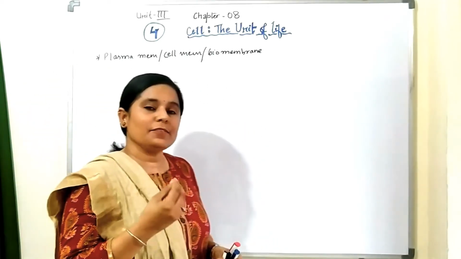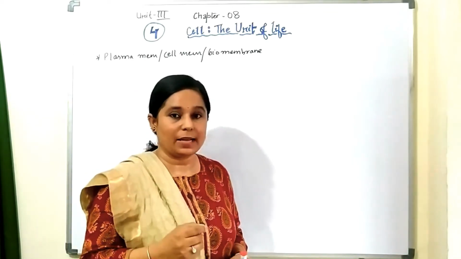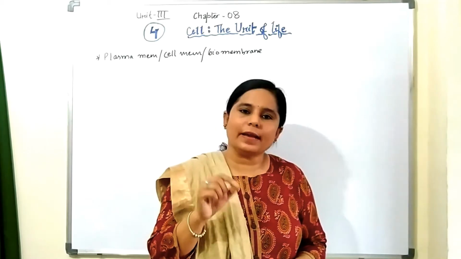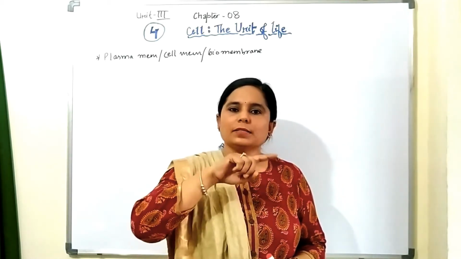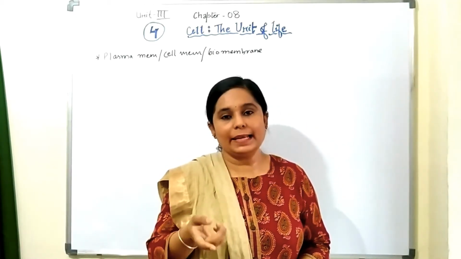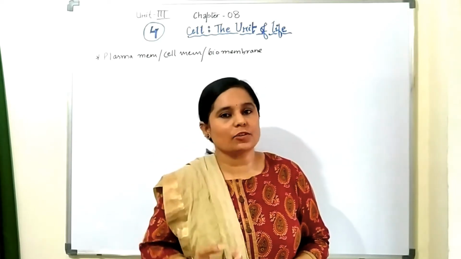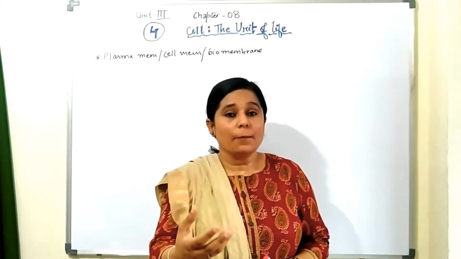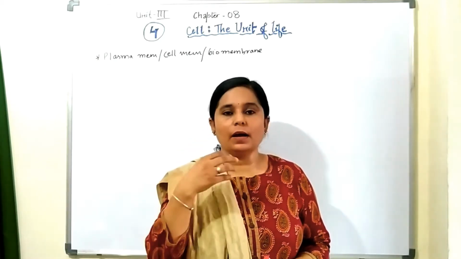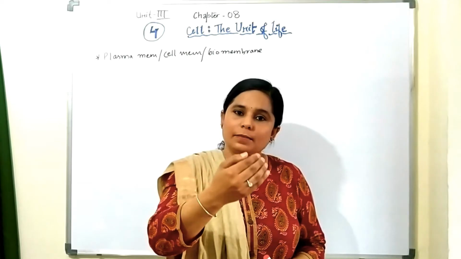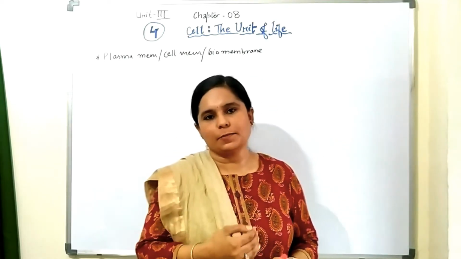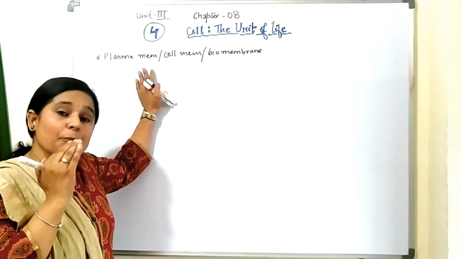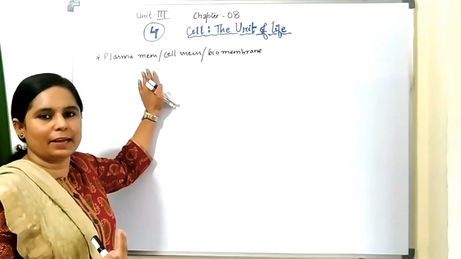So what is the function of plasma membrane? First question is that why plasma membrane is present. As you know that in case of animal cell, plasma membrane is the outermost layer, and in case of plant cell, in case of fungus, in case of some protist, in case of prokaryotes except mycoplasma, after the plasma membrane, cell wall is present. So what happens, this plasma membrane protects the cell from the outside environment.